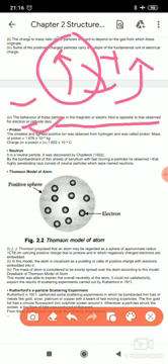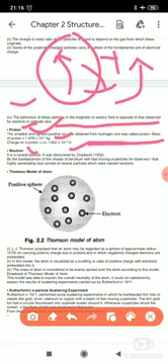The smallest and lightest positive ion was obtained from hydrogen. Okay, the smallest and lightest positive ion was obtained from hydrogen and it is known as proton. Mass of proton is 1.676 × 10^-27 kg and charge on proton is positive 1.602. On the electron, what was it? It was negative charge. On this, it is positive charge, 1.602 × 10^-19 coulomb.